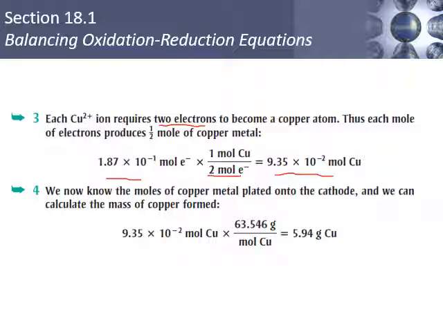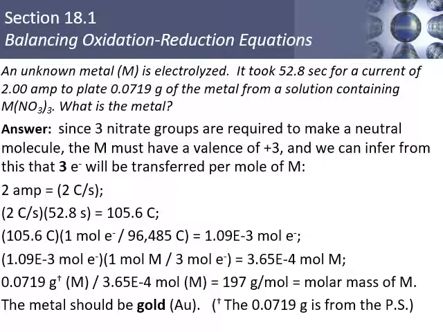And then just multiply this by the 63.55 molar mass for copper, and you get, I actually got this one right, so you get about 6 grams of copper. All right, let's move on to the next slide and get done with this. So here's another example, which we'll do very quickly. I'll just go through it